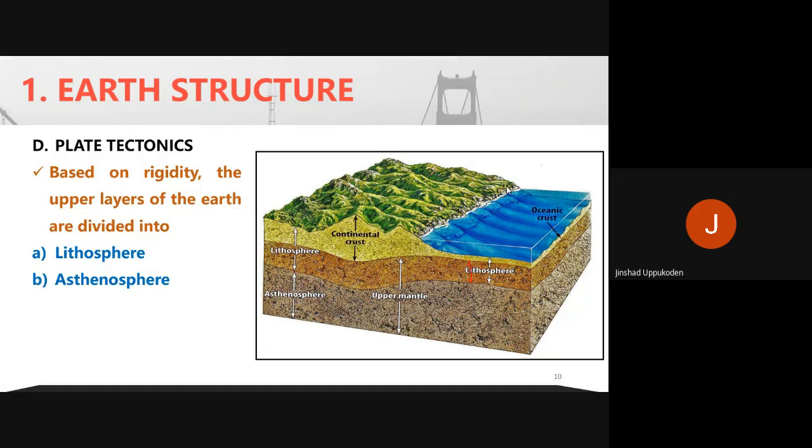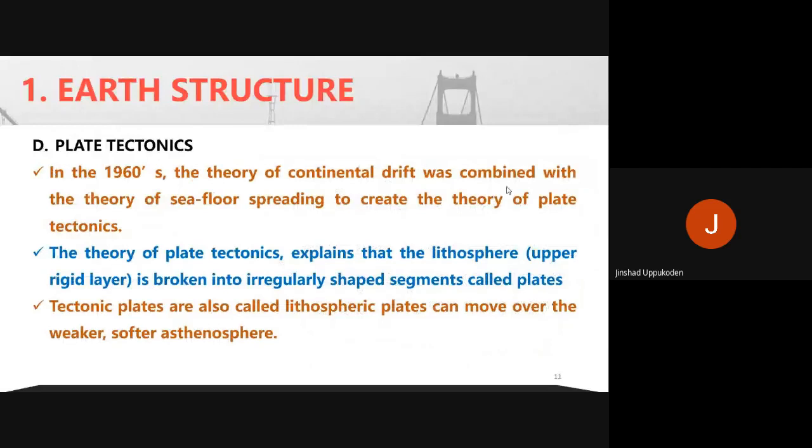So this is regarding the continental drift theory, and now we are coming to plate tectonics. What do you mean by plate? So I told you the distribution based on rigidity. Why I told you this rigidity is that